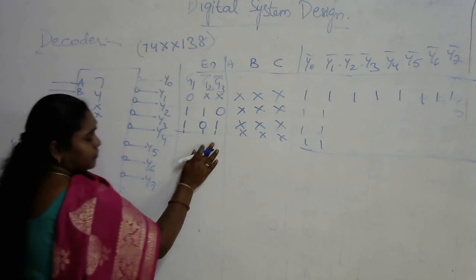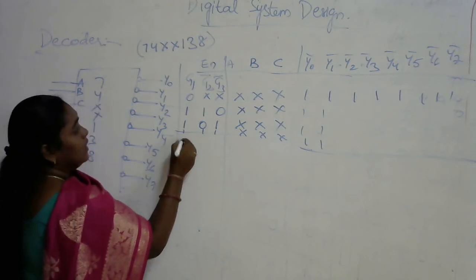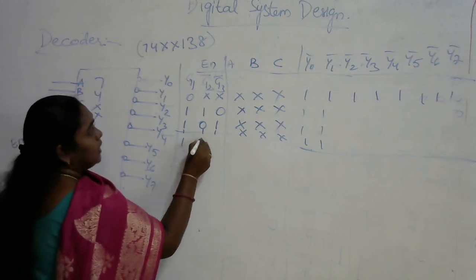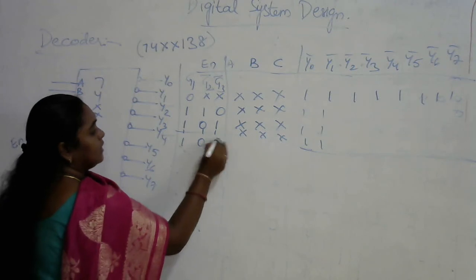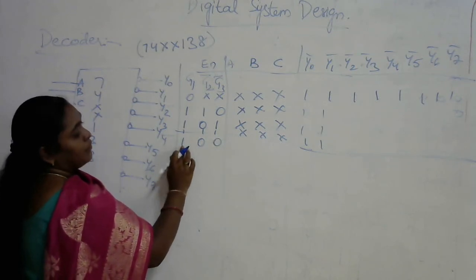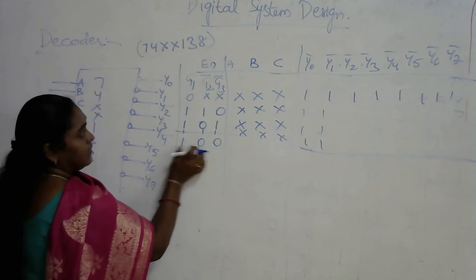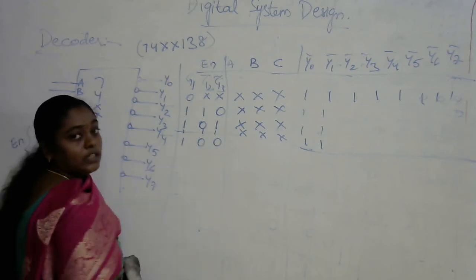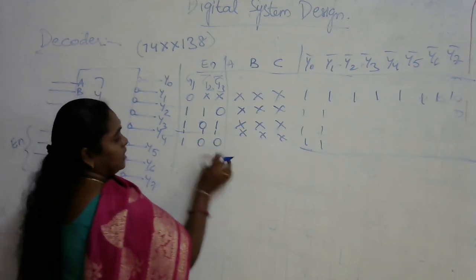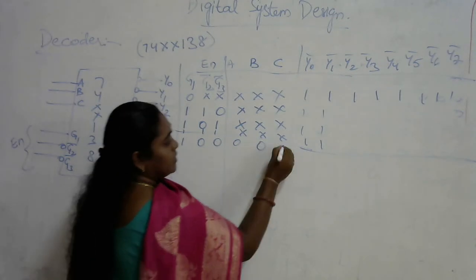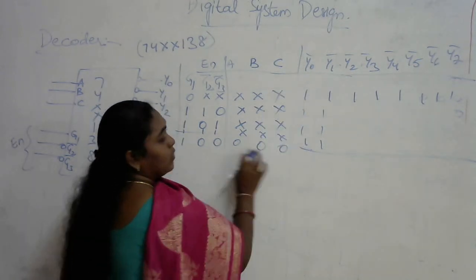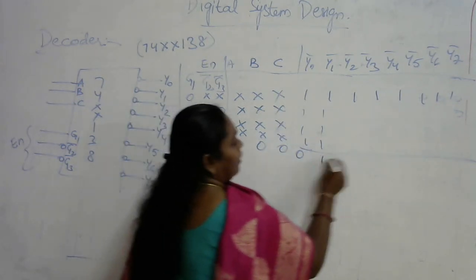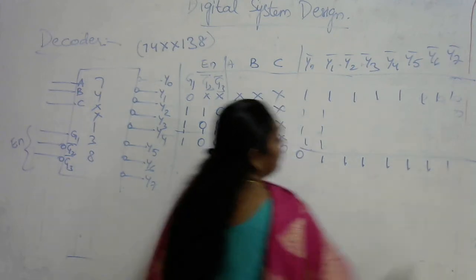So in order to make this circuit work in a proper condition, G1 should be equivalent to 1, and as G2 is bar, it should be 0, and G3 is bar, 0. If the inputs are 1 0 0, no need to specify it as such: if it is active high, the input should be 1; if it is active low, the corresponding input should be 0. Now in this condition, if A is 0, B is 0, and C is 0, 0 0 0 is equivalent to Y0, and as it is active low, Y0 will be 0 and all the remaining will be equivalent to 1s.